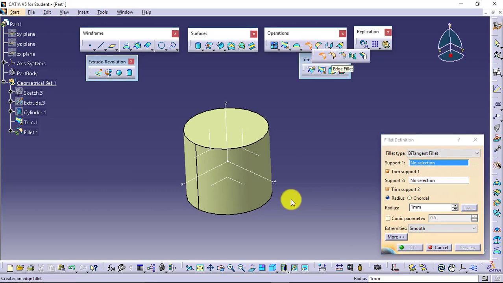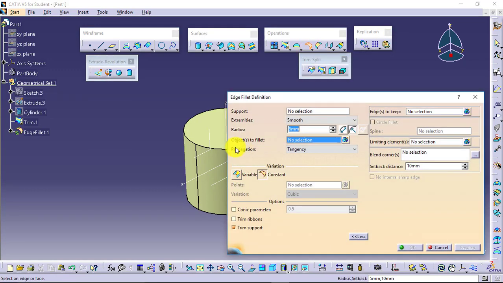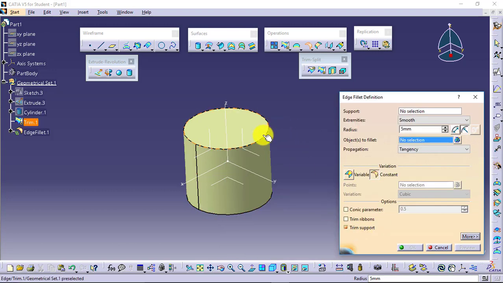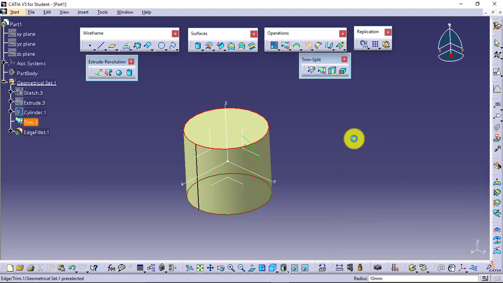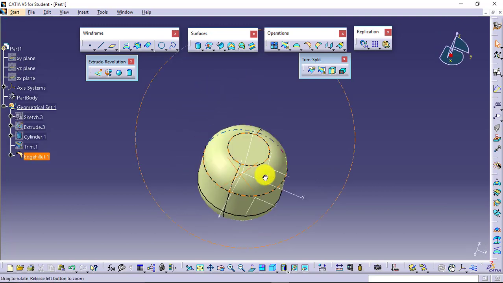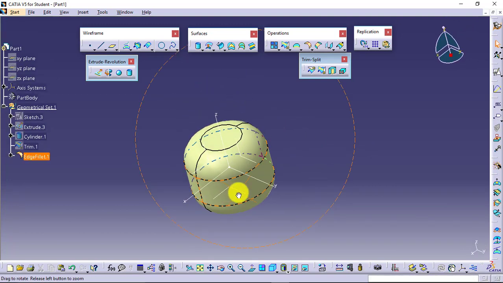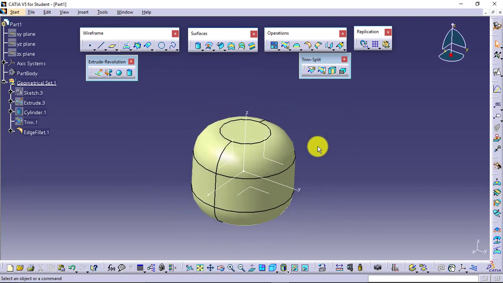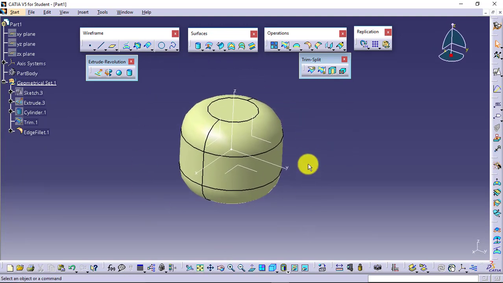Okay, this is the shape, this is the edge. Yes, we have a similar window for the edge fillet. So this is the result. Now I know that this complete surface is a closed loop. There is no opening over here, and if this particular shape was my requirement in solids, then what I need to do is directly convert this into solid. Though this is a closed loop, I can convert this into solid.